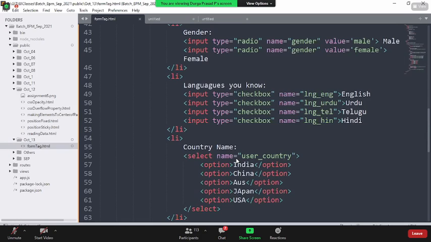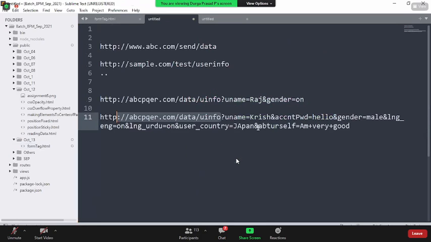Right now, if you could see, in the URL I say that uname is Krishna. If you don't specify the uname, what is Krishna? Is it a human name or a country name, a book name, what is it? There is no other information. That is the reason the name attribute has to be added for every input element, so that the form tag will automatically take the name attribute and the corresponding value you have given. It will be appended to the URL. It will send it to the server in GET communication.